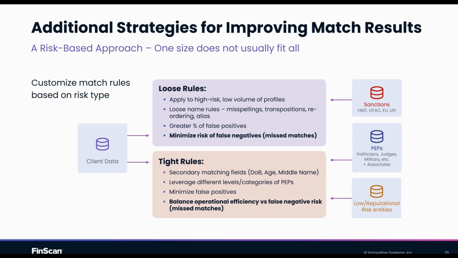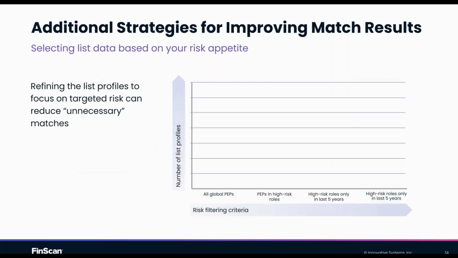So being able to configure different rules and assign them to a perceived risk level of the underlying hit, really important. And of course, we spoke earlier about utilizing your client data, and the more client data you can utilize once you've assessed it as being reliable, the more your matches go down. And we just spoke about PEPs and how utilizing PEP roles in tighter rules has advantages. But what might that advantage really be?